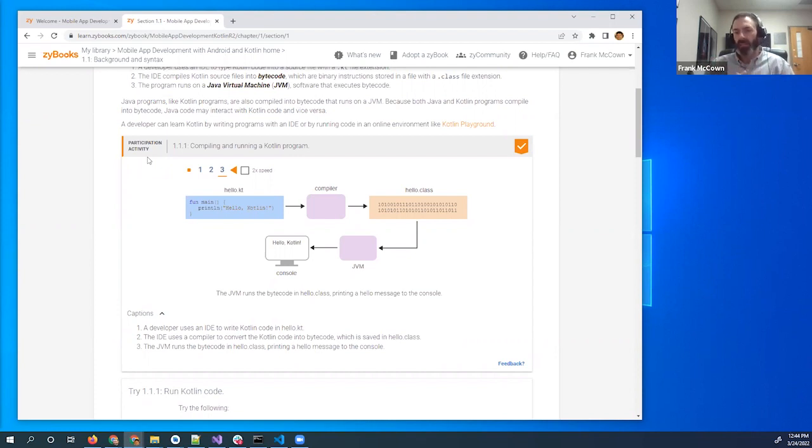So in my classes, I generally give about 5% credit for completing these participation activities before my students come to class. And like I said, I've taught from many different zyBooks for several years now. What I pretty much find is that nearly every one of my students completes these participation activities before coming to class. And the great thing about that is I can assume that they've all had some exposure. They've seen some of these terms, some of these concepts, and it's not brand new.